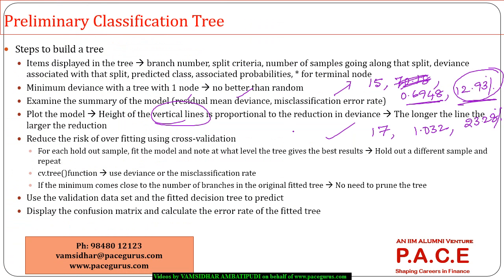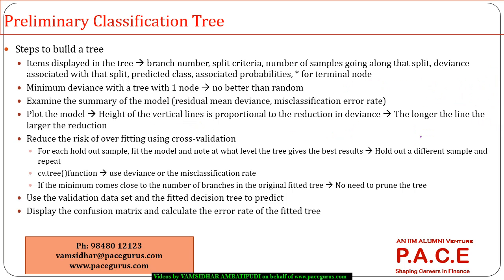And when the vertical line height is much lesser, then it means that the deviation did not come down that heavily. So the longer the line, you could see here, the longer the line, the larger is the reduction in the deviation. Now, there is a possibility, as we have discussed earlier also with the classification trees, there is a possibility of overfitting. So for that, I want to do an assessment of the model,